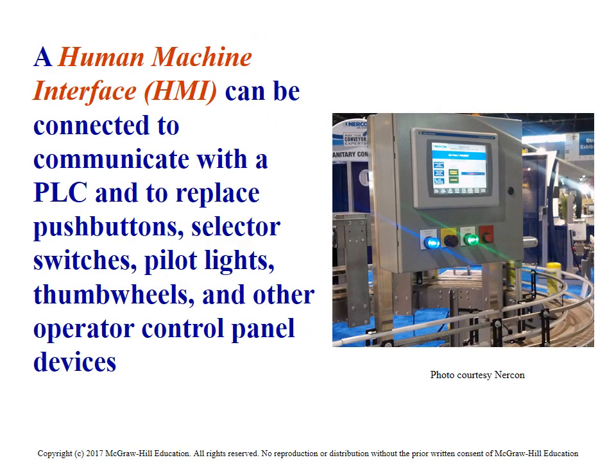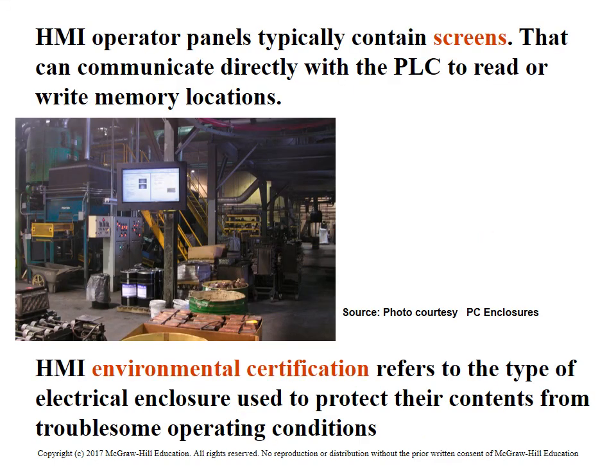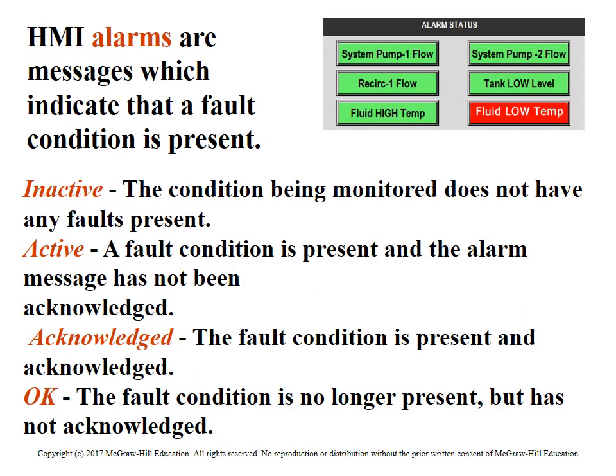Human-machine interface, HMIs. We talked about those a little bit last section. Again, here's some more illustrations of them, how they're used, how they're interfaced. They are really handy. They have their own database, so they talk directly to the PLCs. They write to the data table just like the input and output cards. It's really handy, so you can set up inputs and outputs inside here. You can set up words and information to read or write to the PLC with. It's pretty handy. And then here's some more different aspects of it.